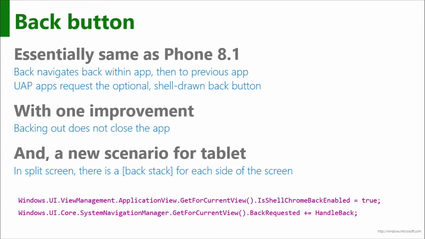Until you get to the end of the backstack in your frame, then something different happens. Yeah, I mean, that line on the bottom of the slide there, the get for current review back requested, is very similar to the hardware back button event that you would have hooked in a Windows Phone 8 application. That's right. And the back, as Jerry says, the back button by default, and it's still true in UWP,